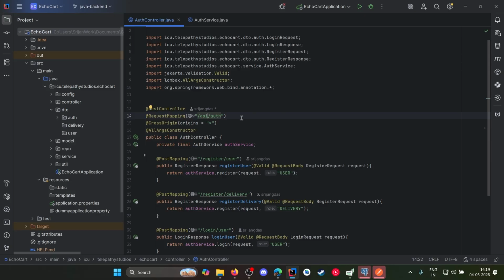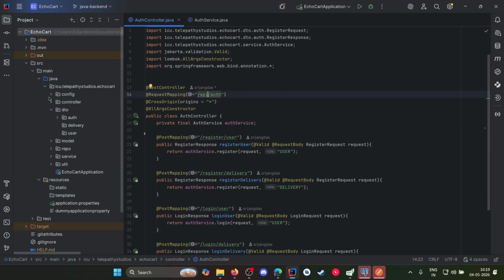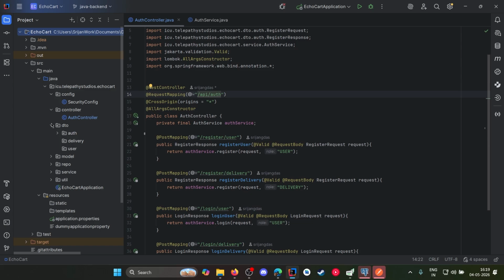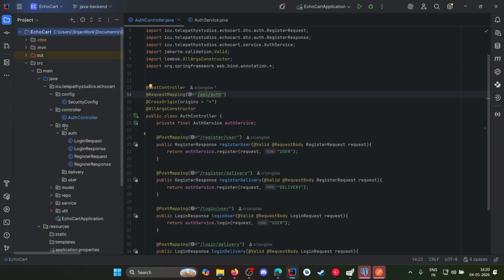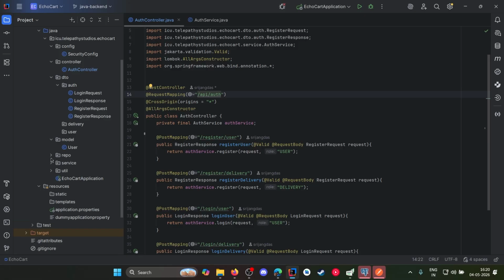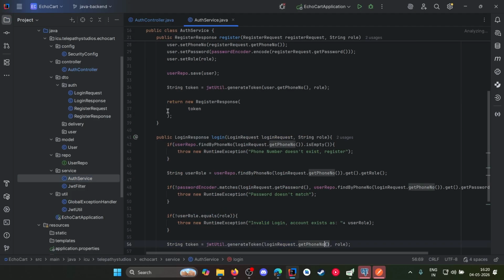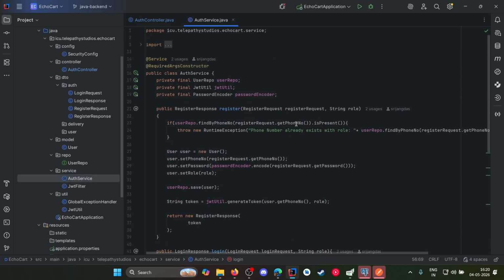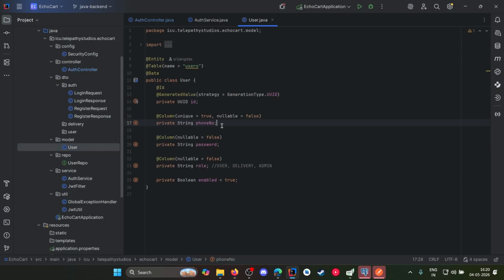So yeah, I have added this here, and then in this, I will just show you the files one by one. I have added a different file for DTO because we will need it in future, and then we have user repo, and then we have service. Now one thing I have changed is that I have made my primary key from email to phone number,